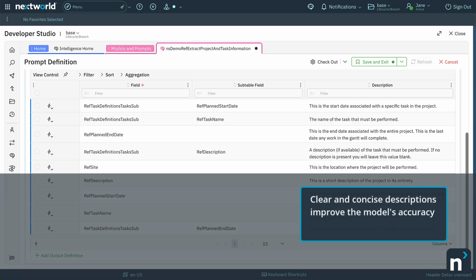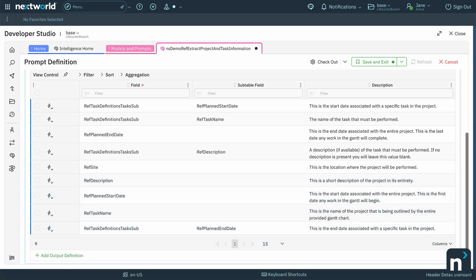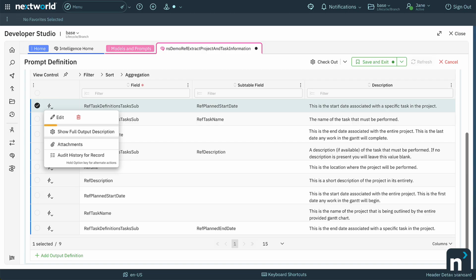Please note that clear and concise descriptions significantly improve the model's accuracy. To view a complete field definition that the model will use, select the Row Action menu and select Show Full Output Description.